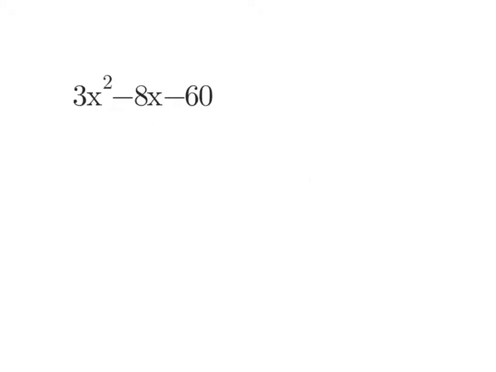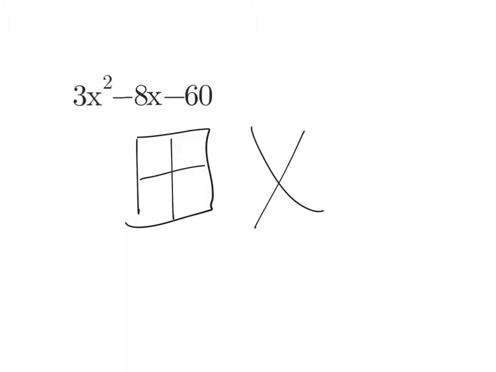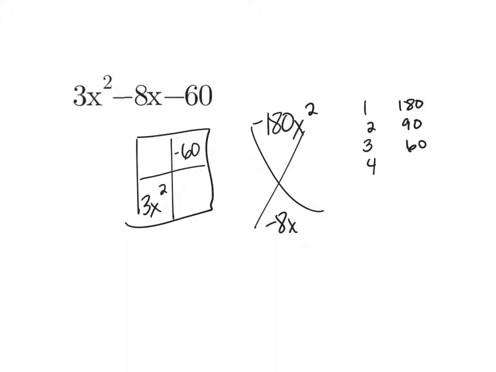I'm going to do one that's not an a of 1. 3x squared, my x squared term, in the lower box, negative 60 in the upper. So that gives me negative 180x squared and negative 8x on the bottom. I'm going to deal with the negatives in a second, but I've got to factor 180, and that's going to take a while. 1 and 180, 2 and 90, 3 and 60, 4 and 45, 5 and